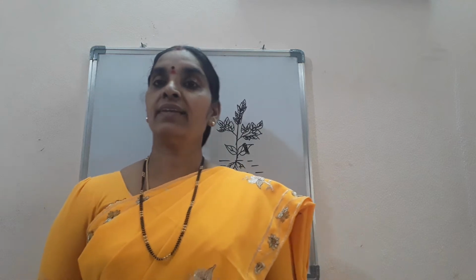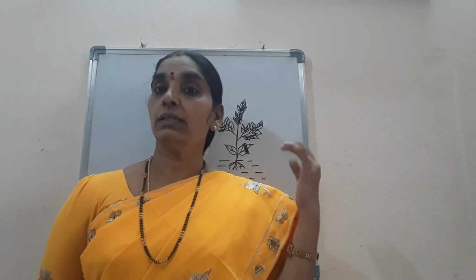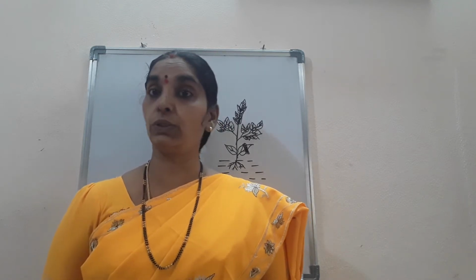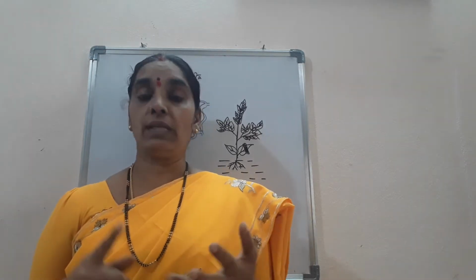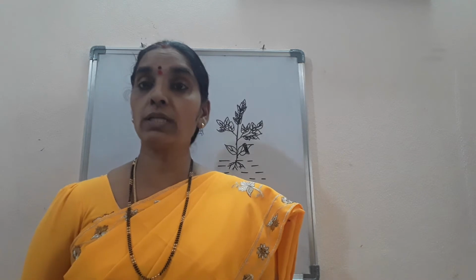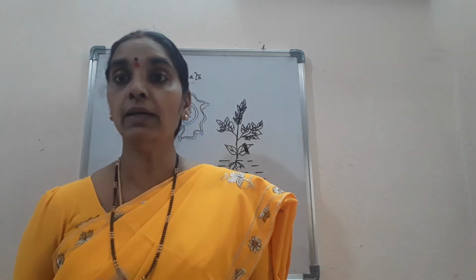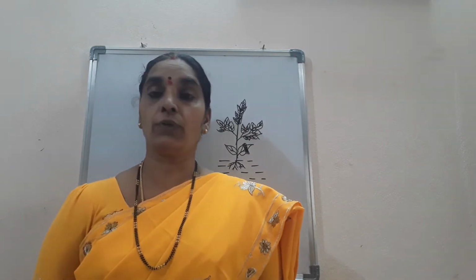Good morning, children. In the previous class, we learnt about the photosynthetic equation and the different substances required for the photosynthesis process in the plant, isn't it? The water required by the plant, how the plant receives the water through the roots, we have seen experimentally. Next, we also saw the importance of the stomata in the leaves, how they are important for respiration and transpiration along with the photosynthetic process.